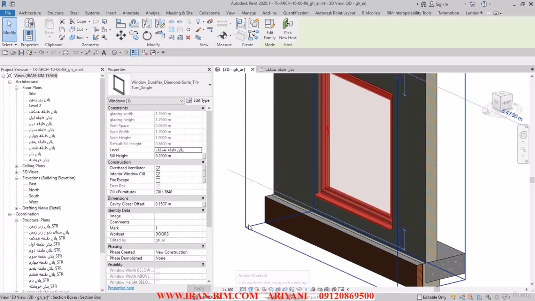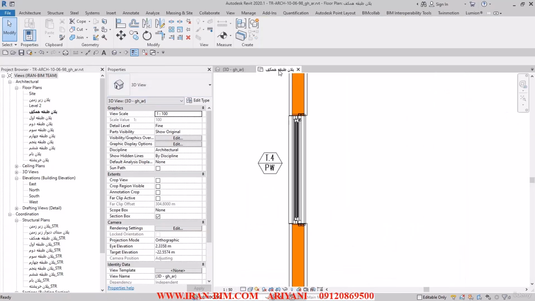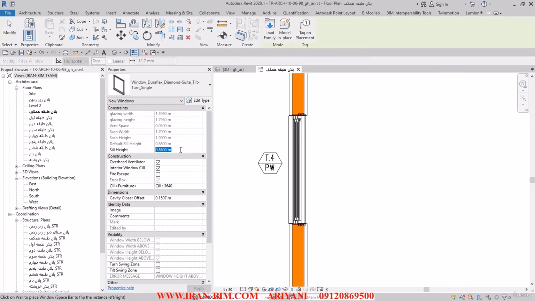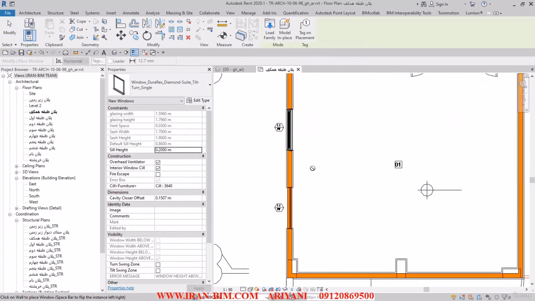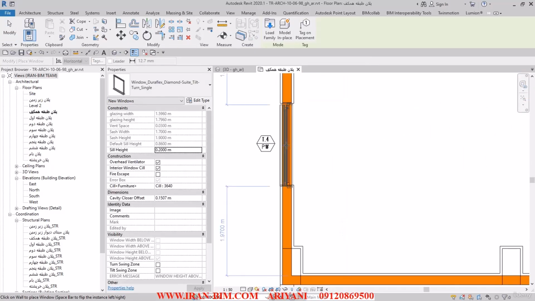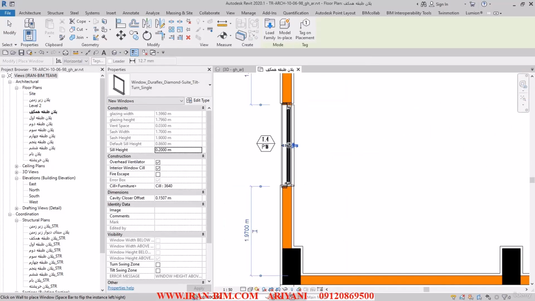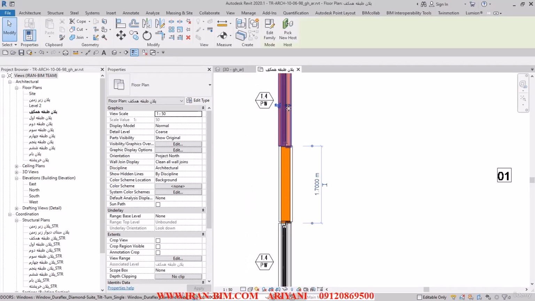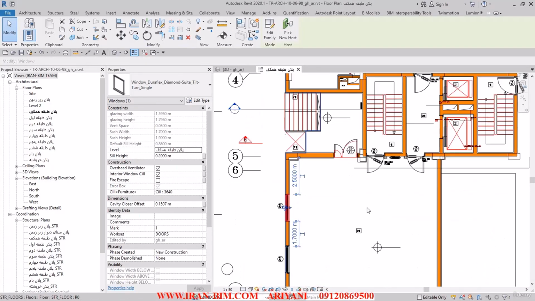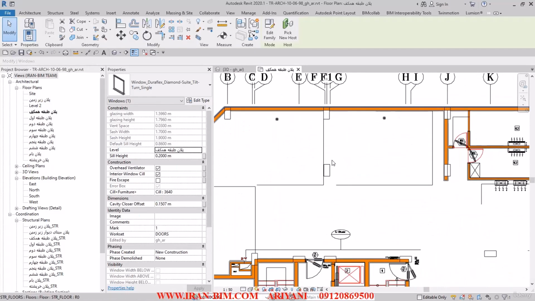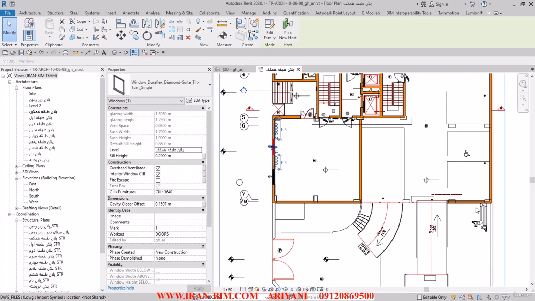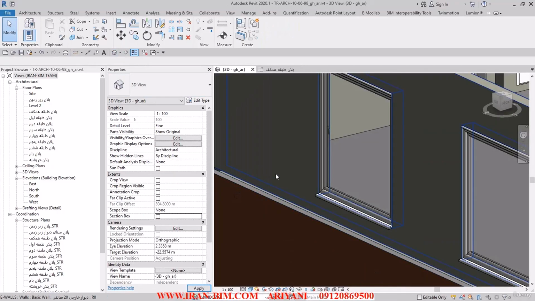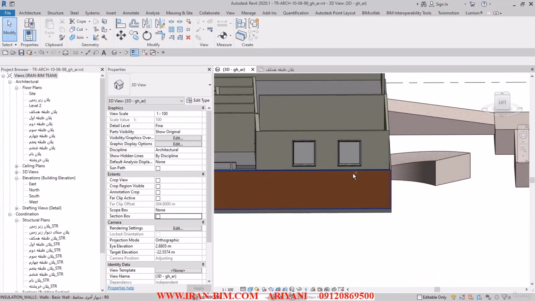So I go back to the plan, and then I select this one, create similar. I hit the sill height at 0.2. So I go here and I put this over here. And these arrows that you see here need to be pointing outwards. So let's see how many more we have. None of them over here, and yeah, that's just the two. So I uncheck the section box, and